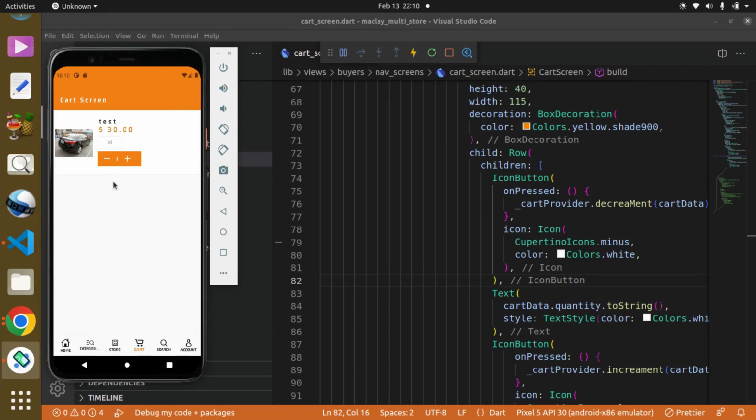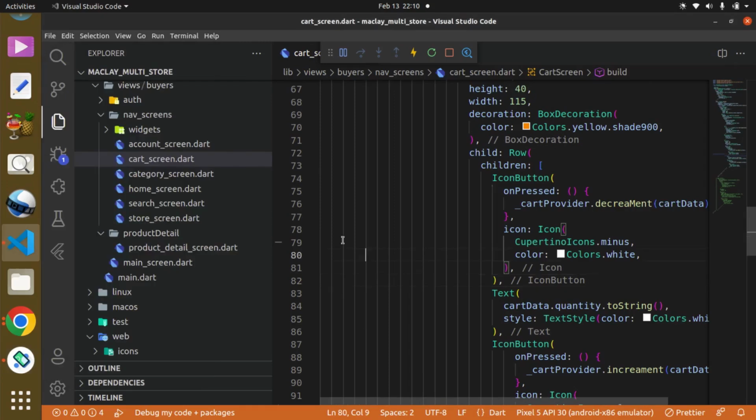So whenever a user wants to purchase products, the least they can purchase is 1. Currently, I can say I want 1 item of this test product, or I can simply say I want 2 items of this test product, and not 0 of this test product or -1 of this test product. Okay. So what we want to do is, as soon as it gets to 1, disable